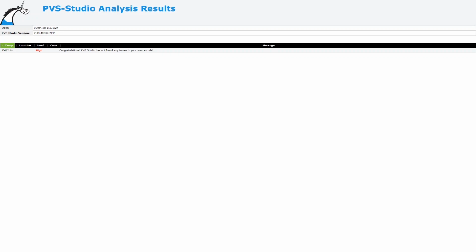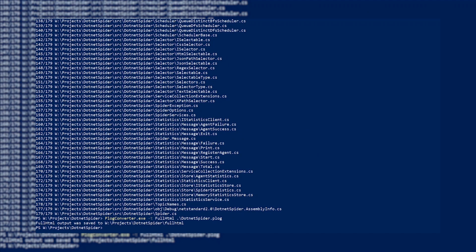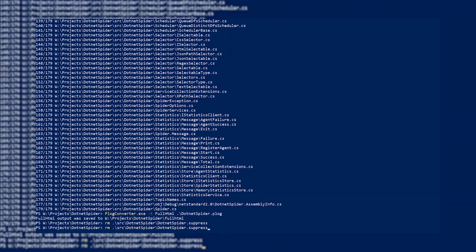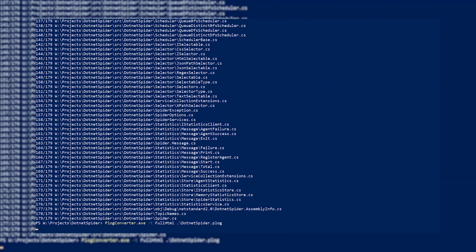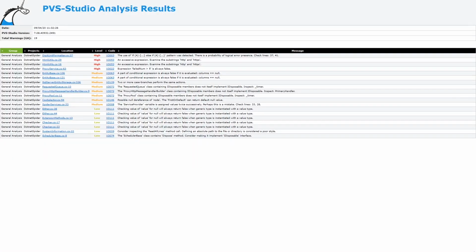The same as with the Visual Studio plugin, if you change the code, you will see this warning again next to the suppressed warning. This is a common behavior, so I will not focus on it further. In order to return all the warnings from the suppression file, it is enough to delete it and restart the analysis. Since I didn't specify a specific name, my suppression file has a default name. In this case, it is .NETSPIDER.suppress. Let's delete it, restart the analysis, and convert the report. All messages are back in place.